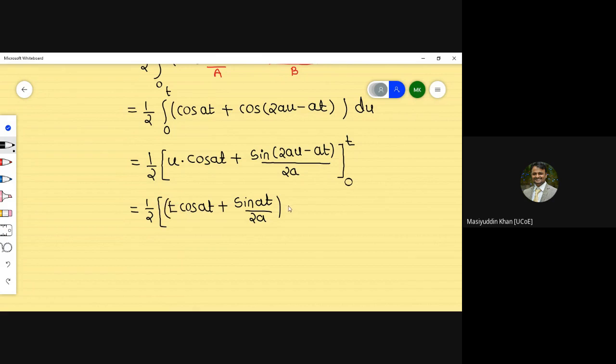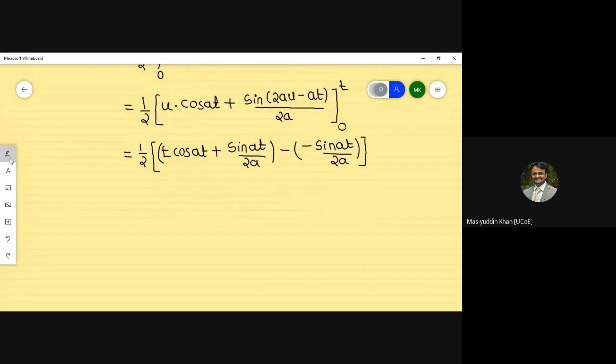Now substituting the lower limit, so you have to take a minus sign. Substituting 0, 0 into anything you will get 0, so this part is 0, but sine of minus 80, sine of minus theta is equal to minus sine theta, so you write as it is minus sine of 80 upon 2a. Now the next part is just simplifying the terms. Minus minus you will get plus, so sine 80 plus sine 80 you will get 2 sine 80,